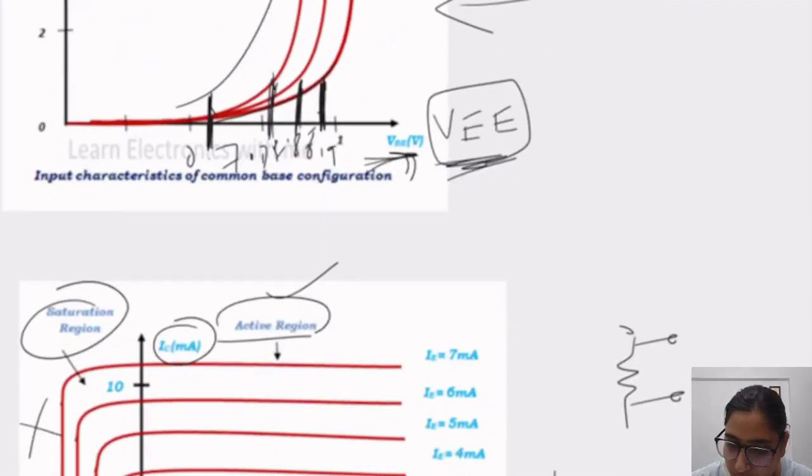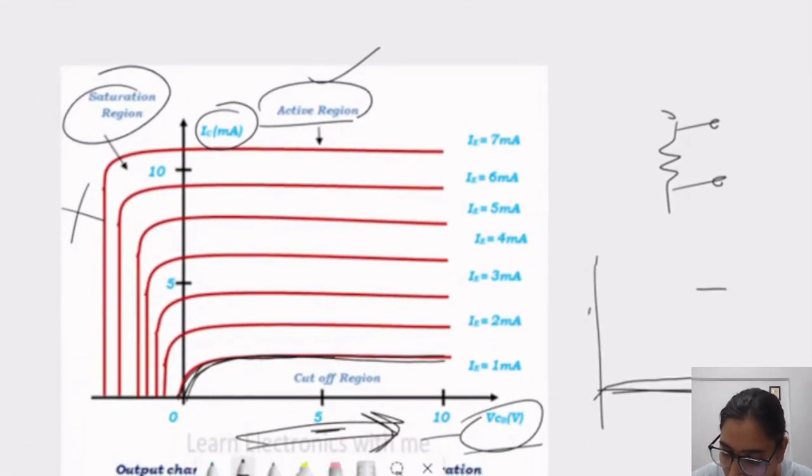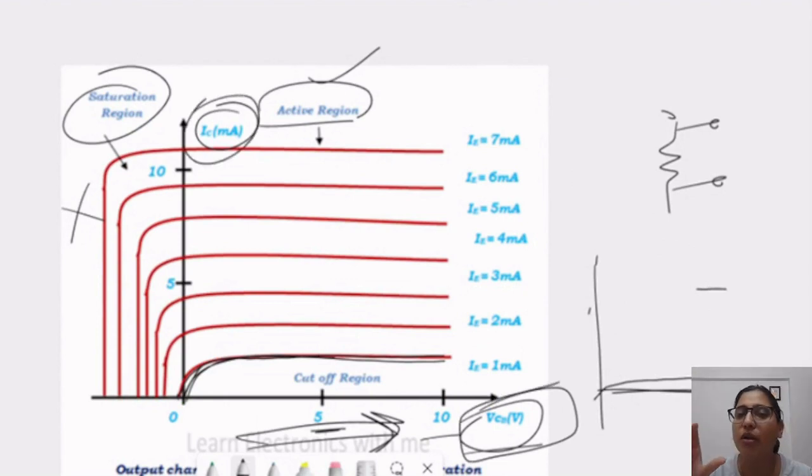Similarly, the output resistance is very high, because even with a very large increment in VCC, the IC is still flowing in a particular manner. It means that whatever the output voltage, the resistance of the output is very high. So in common base configuration, the input resistance is very low, so the emitter current is increasing exponentially, and the output impedance is very high, so it is not affecting the IC current, because IC current is only a function of the emitter here.